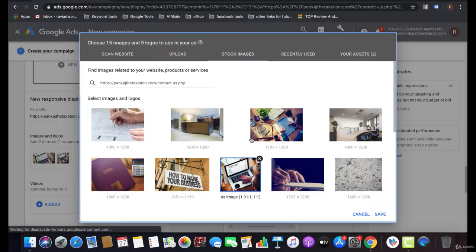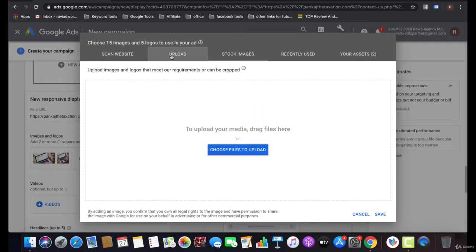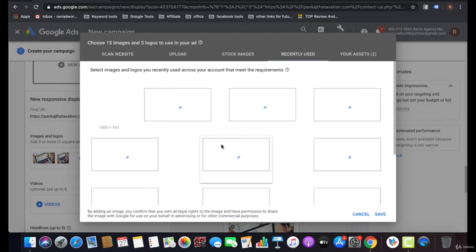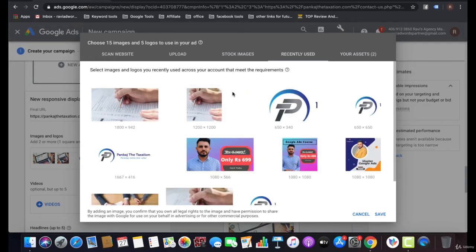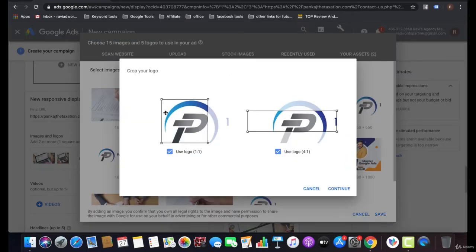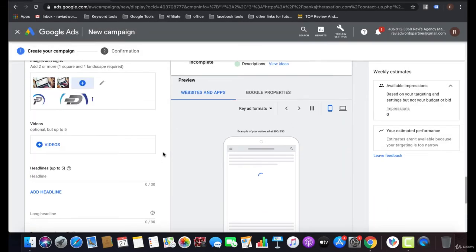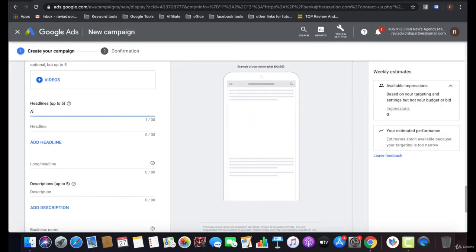Now I'm going to select a logo as well. After selecting that logo you can add headlines as well. I'm going to add headlines like this.